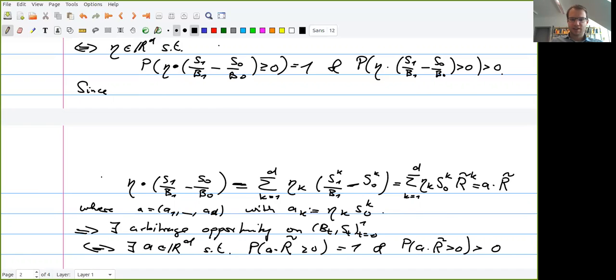So this is just taking this identity here and plugging it in our equivalent characterization of no arbitrage. So this is the first